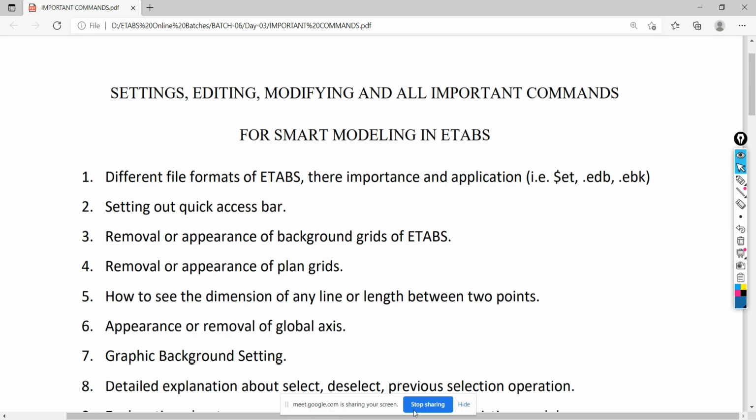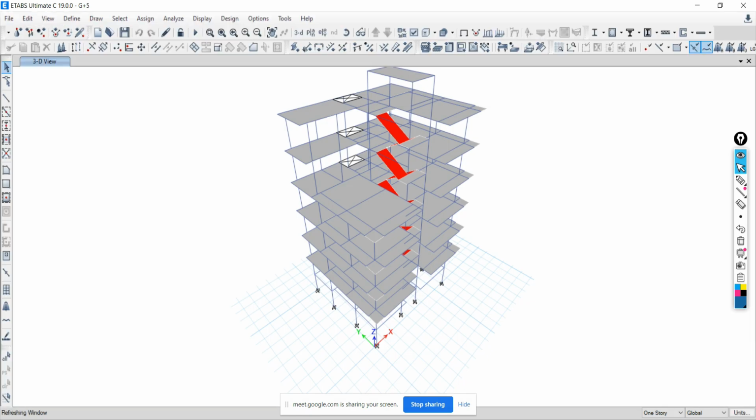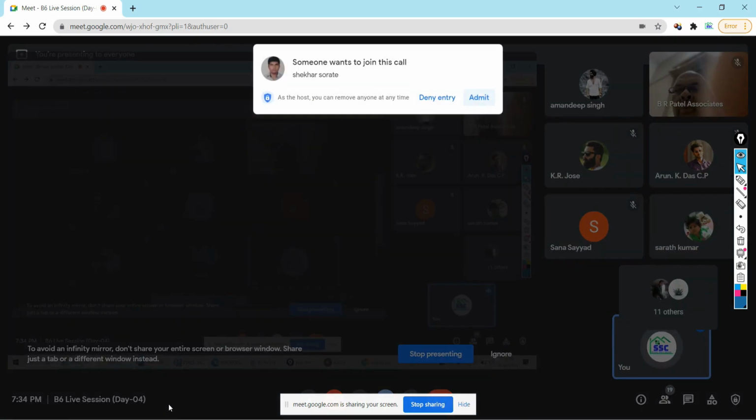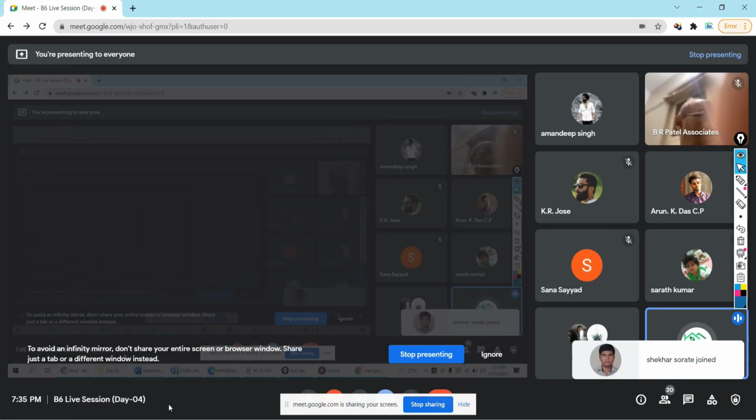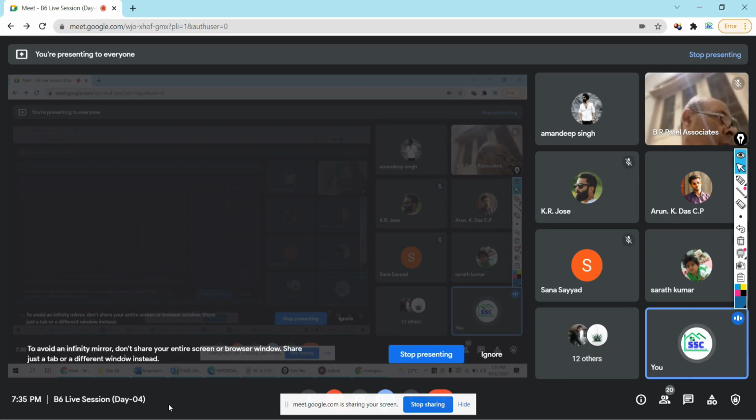What are some basic settings? What are some basic commands? What are some advanced commands? What are the basic settings in the software that will help you for smart modeling, quick modeling, and correct modeling? Got it? We are going to see all those things one by one.